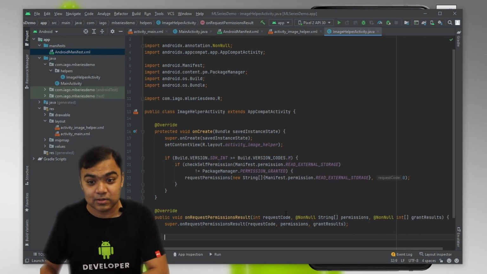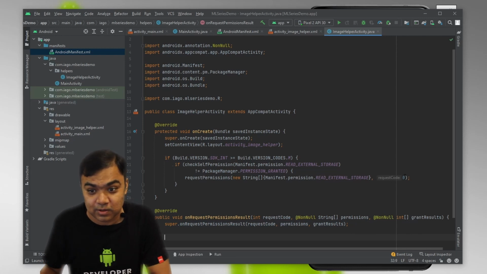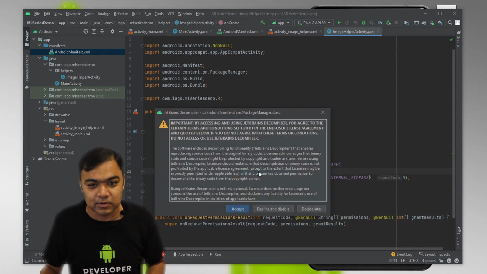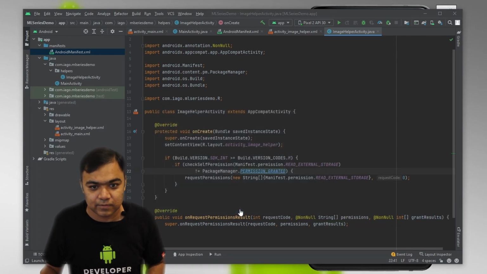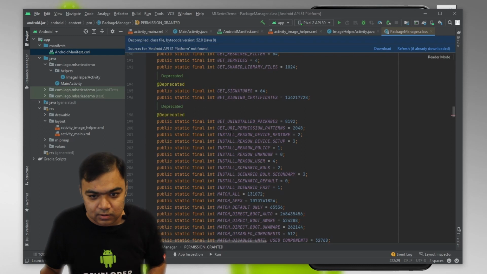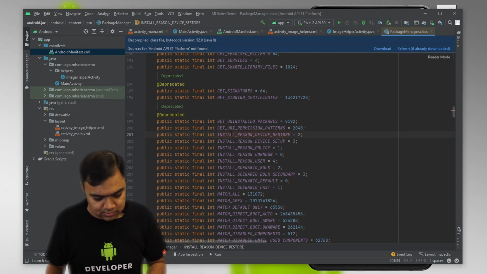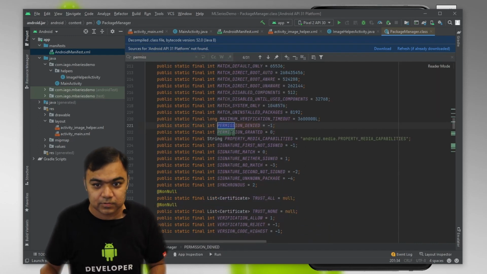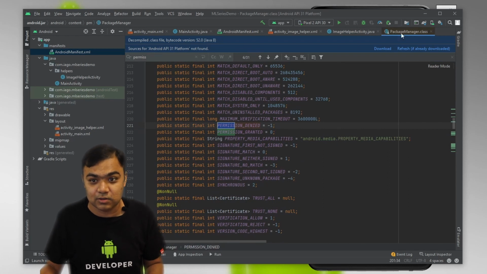You can see the parameters here: the request code, the same integer number that we passed in the request permissions, and the array of permissions and the grant results. These grant results are also numbers which will map to whether the permission is granted or denied. So let me search. Permission denied is -1 and granted is 0.